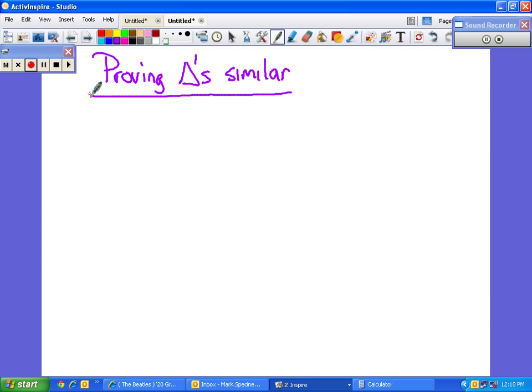Right, just as we had postulates and theorems that helped us prove triangles to be congruent, we also have one postulate and two theorems that will help us prove that two triangles are similar. So I think what we'll do is we'll just go through what they are today, and then tomorrow we'll do the application part. Okay? So the first one is called the angle-angle